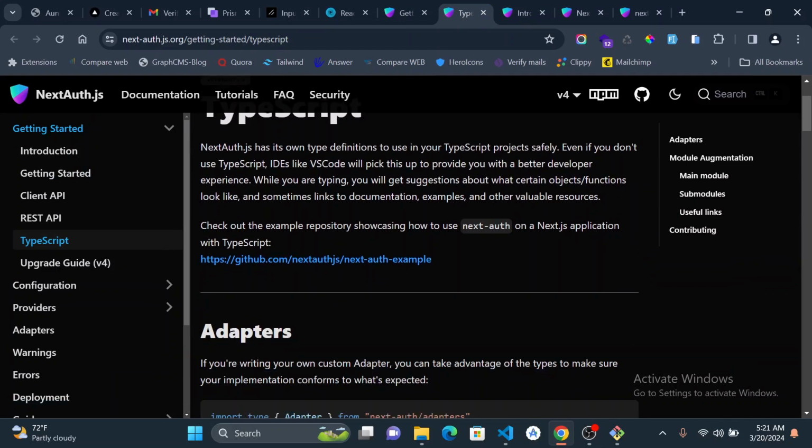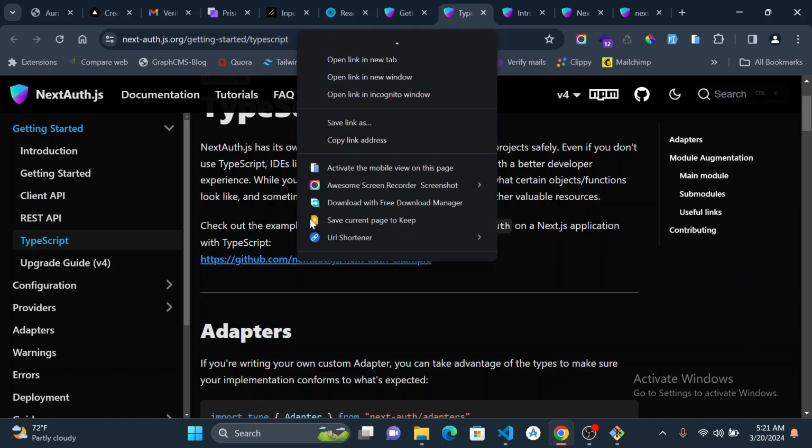So they say Next.js has its own type definition to use TypeScript project safely, even if you don't use TypeScript. IDEs like VS Code will pick up and provide you a better developer experience. If you are willing, check out the example repository for using NextAuth on a Next.js application with TypeScript. Now, they have a GitHub repo